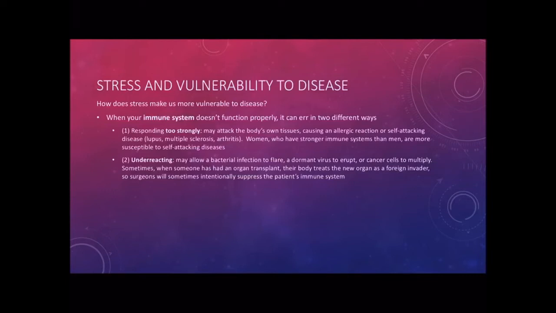And then sometimes when people get an organ transplant, the body can recognize that new organ as like a foreign invader, and so on occasion, surgeons will try to suppress the patient's immune system so that it doesn't try to attack the new organ that they've just tried to put in to help your body function. So sometimes we do suppress the immune system intentionally, but when that's the case, you have to be really, really